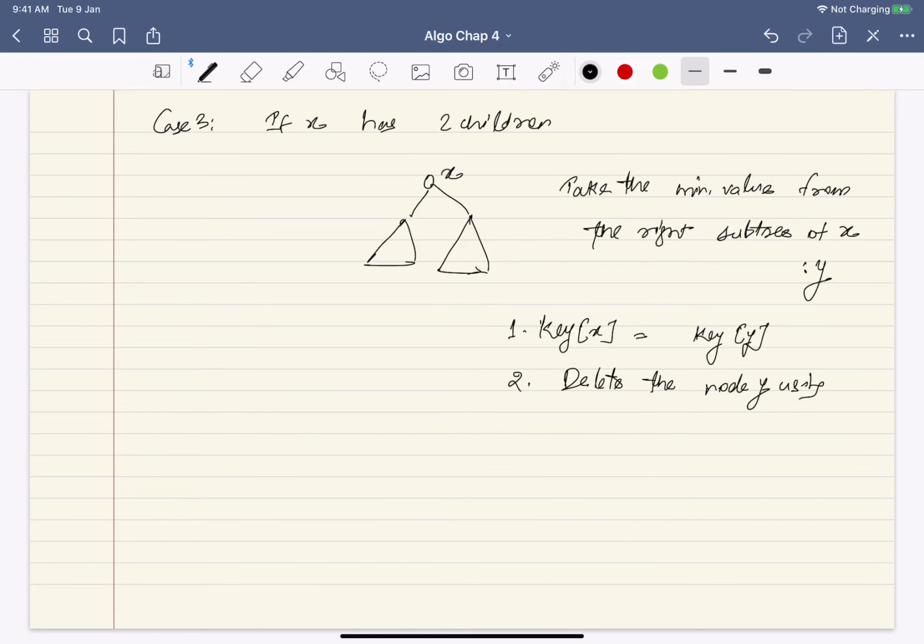And this is important, this will be using the other case. It can never be the same case. It will use either case 1 or 2. Why? Because y can't have a left child, because this is the successor, and that is coming in the right subtree. And this is very interesting. I can now use the knowledge that I gained from getting the successor in this delete. So it was better that we covered delete after understanding the predecessor and successor.